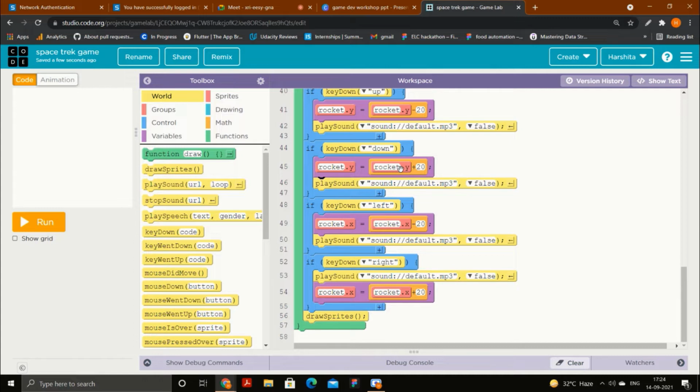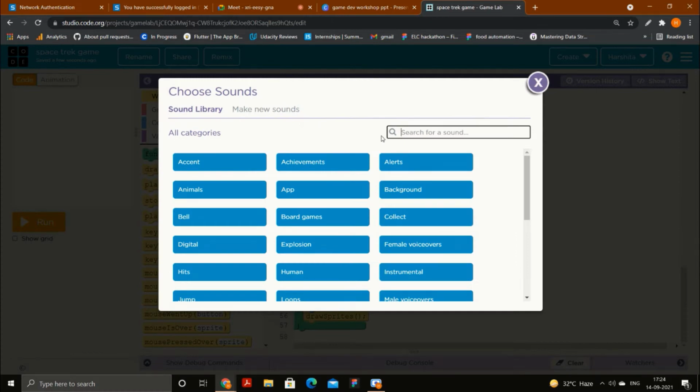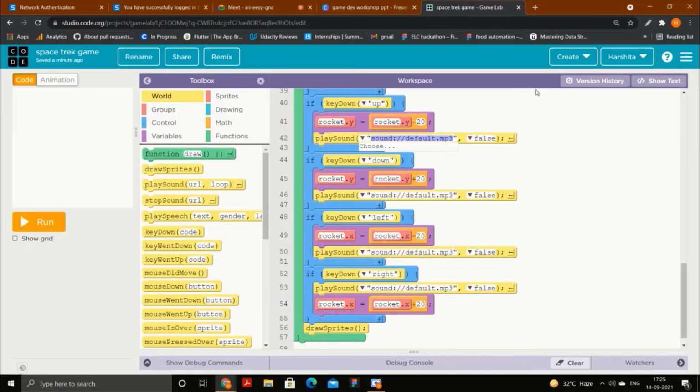For choosing that sound, click on this down arrow, and you can see choose written here. Just click on it, and it will lead you to this sound library. So after adding this play sound here, click on this down arrow, click choose.